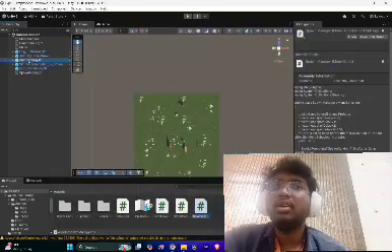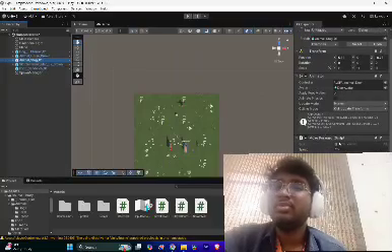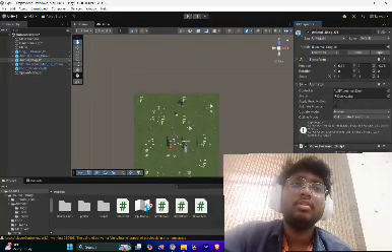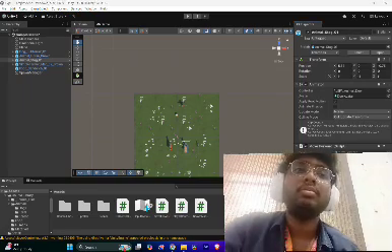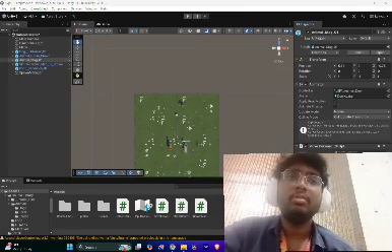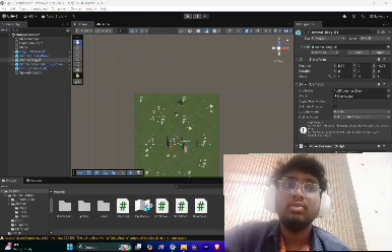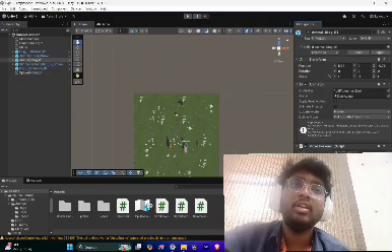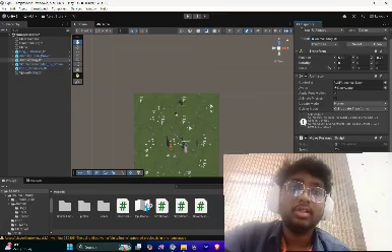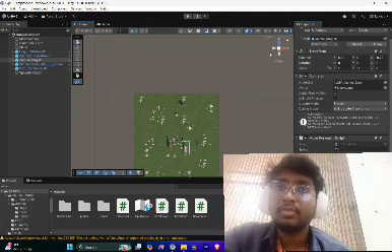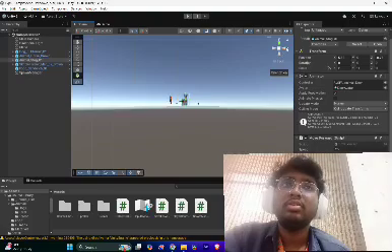This will go on. And for animals we have to add the related collision, a box collider. So you can search in Add Component and type box collider. Don't choose Box Collider 2D. For 2D objects we use 2D, but we have created a 3D game, so for 3D I have already selected it. It will show the box collider. You can adjust the box collider according to the element.